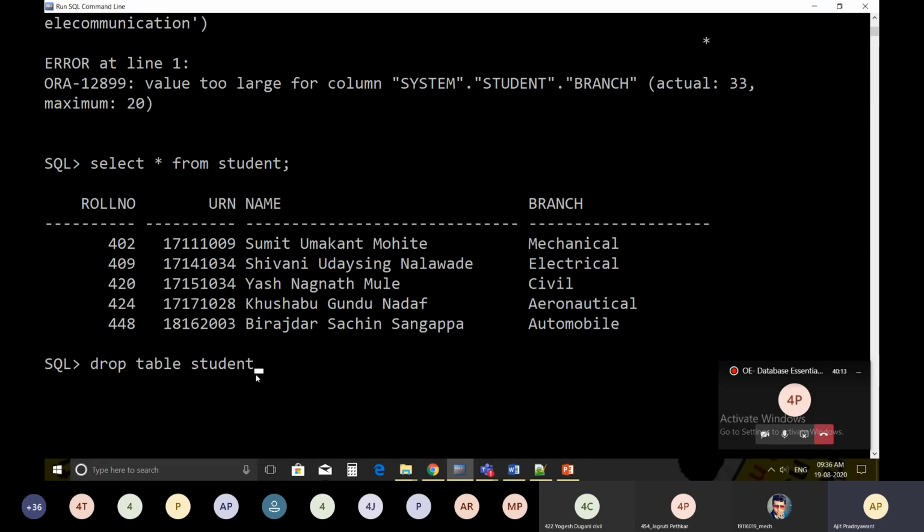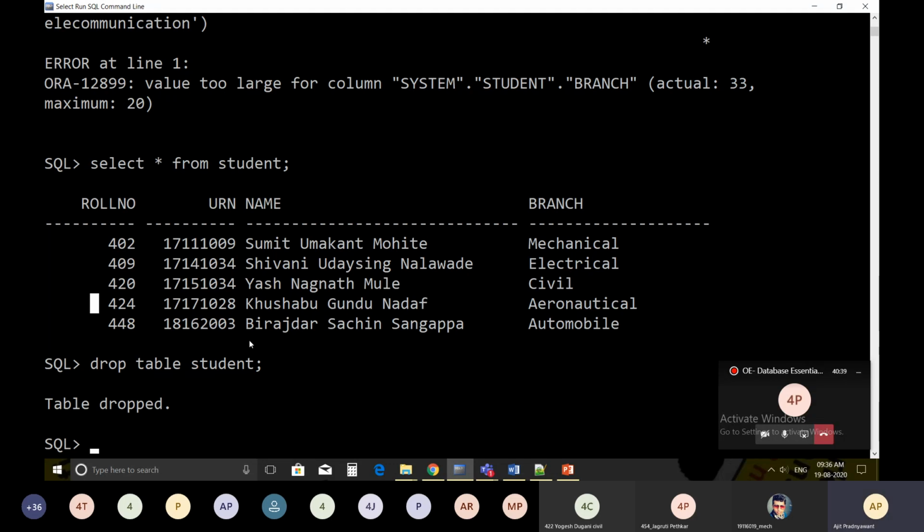Anybody? Yes, sir. Okay, fine. Drop table student and then a semicolon. That is the end of the query, which is why you have to mention the semicolon. It simply gives you the message that the table is dropped, meaning the table is deleted from the database.